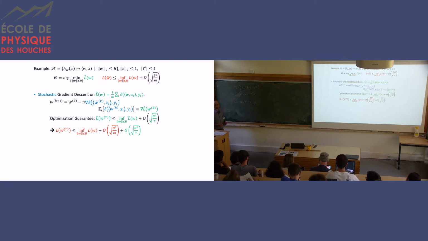And what we really care about is the population error. Okay? So one way to ensure that minimizing the empirical error would actually be as good as minimizing the population error is to bound the difference between the population and empirical errors uniformly over all predictors in the class. Okay? If I can bound this, then I can say that